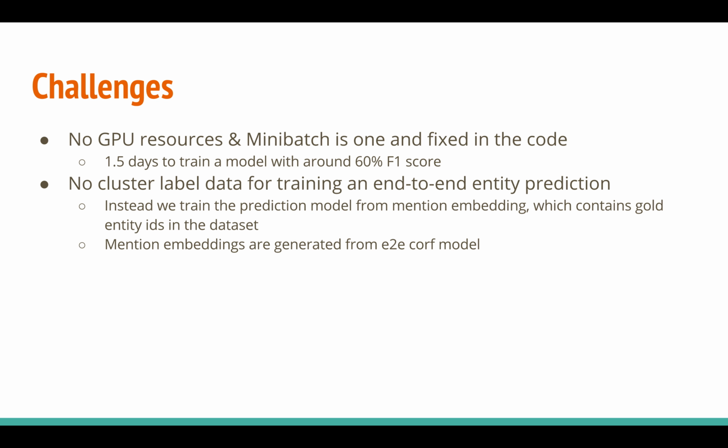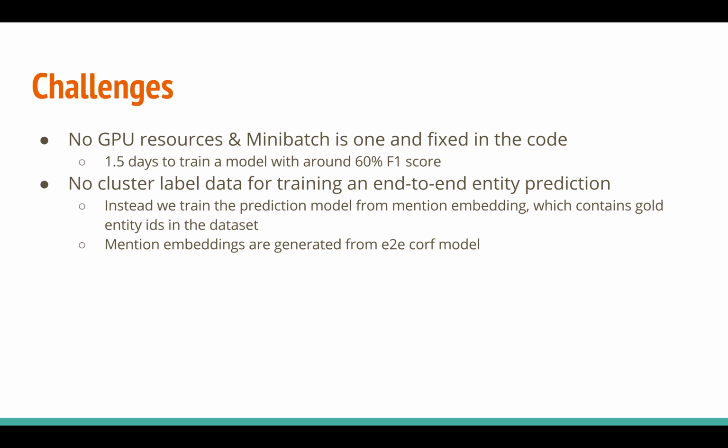The second one is about entity linking. We don't have cluster label data for the cluster embedding generated from the coreference system. So we can't directly train the end-to-end entity linking model.